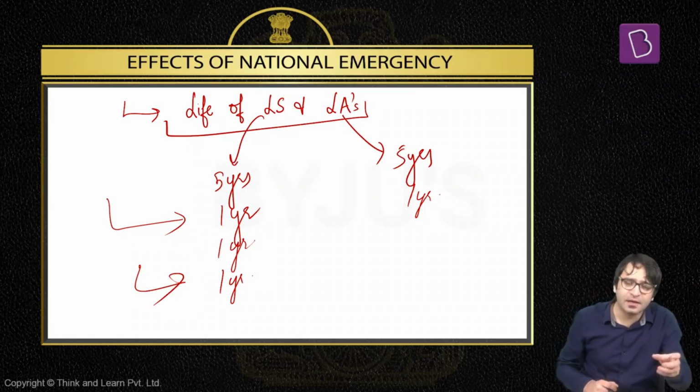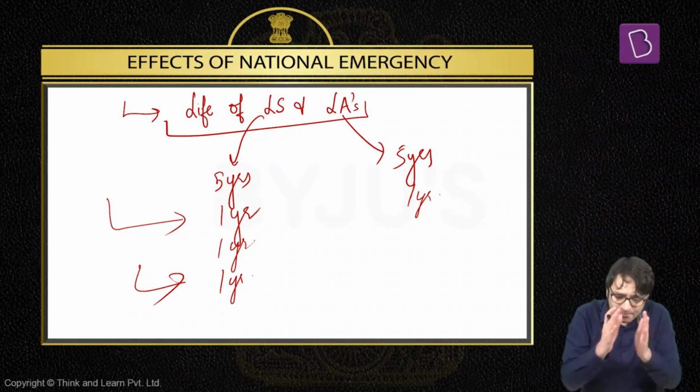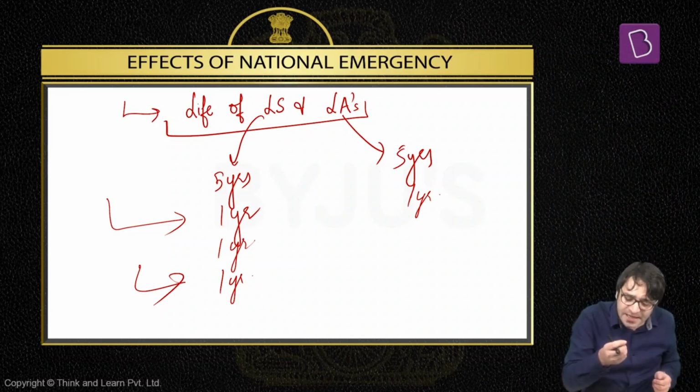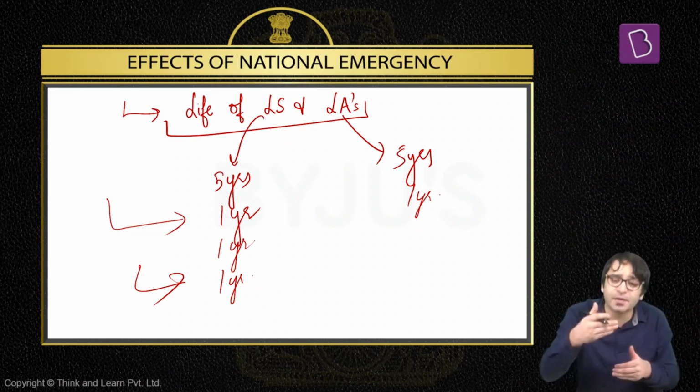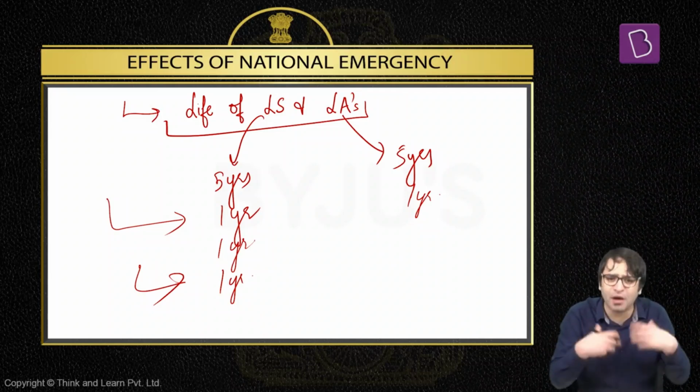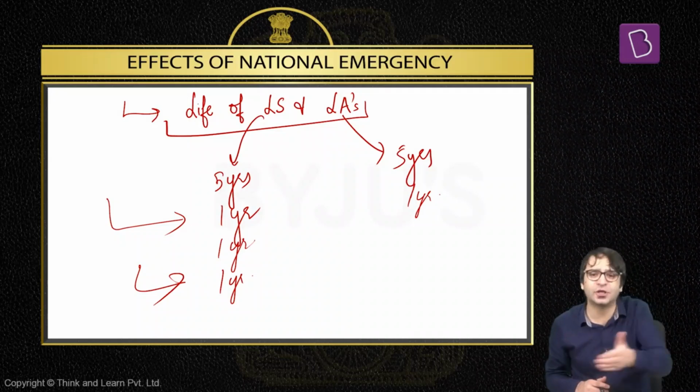That means both Lok Sabha as well as Rajya Sabha have to approve this national emergency for 6 months, then again for 6 months. But when it comes to the life of Lok Sabha and legislative assembly, you extend the life by 1 year at a time. 1 year is over, national emergency is still not revoked, it still continues, extend it by another 1 year. Extend it by another 1 year, but national emergency is still there. War is still going on, external aggression, armed rebellion still continuing. Extend the duration of Lok Sabha and legislative assemblies by another 1 year.